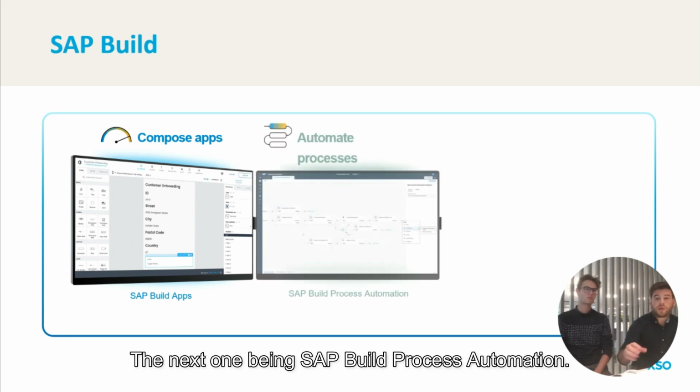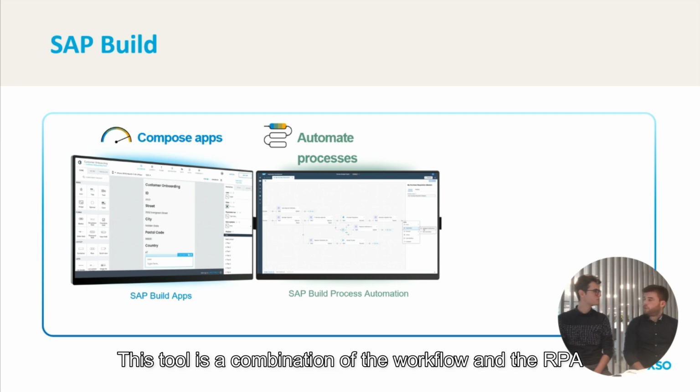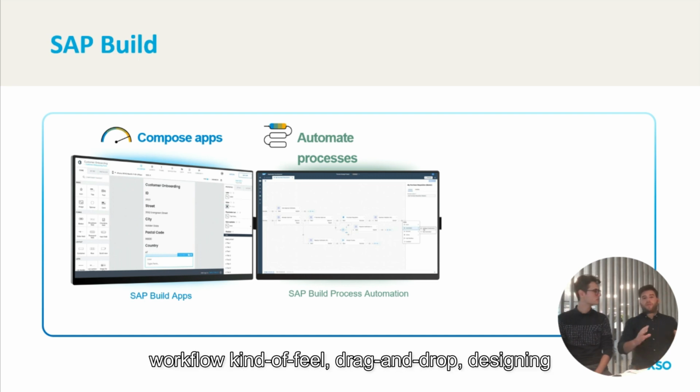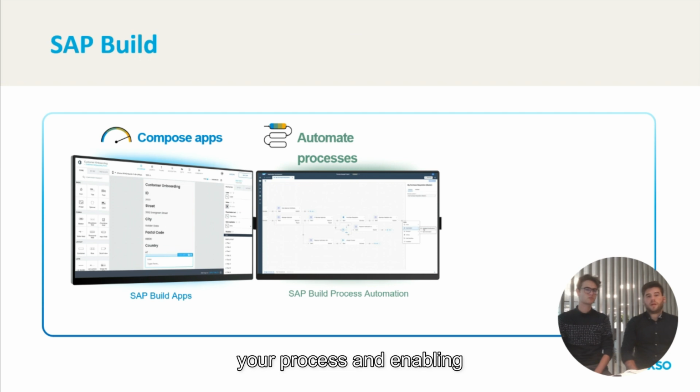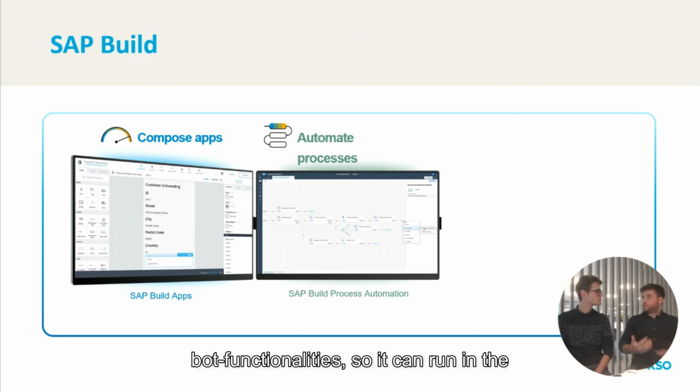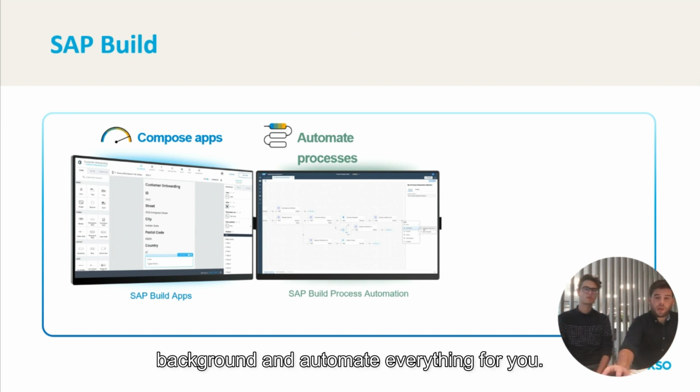The next one is SAP Build Process Automation. This tool is a combination of the workflow and the RPA tool of SAP. So it combines that workflow feel, drag and drop, designing your process, and enabling business rules in them. So it's for your processes. And you also have the RPA actions and bot functionalities, so it can run in the background and automate everything